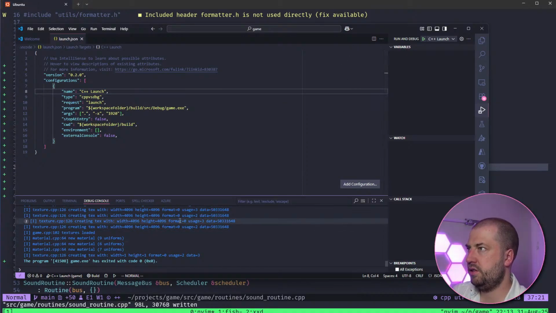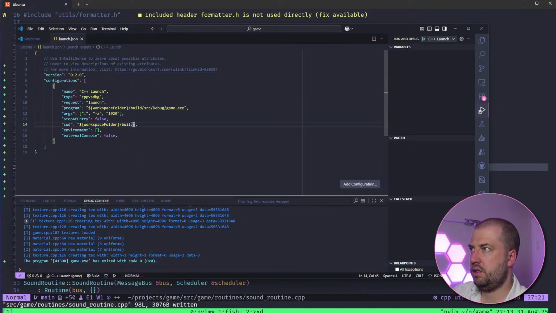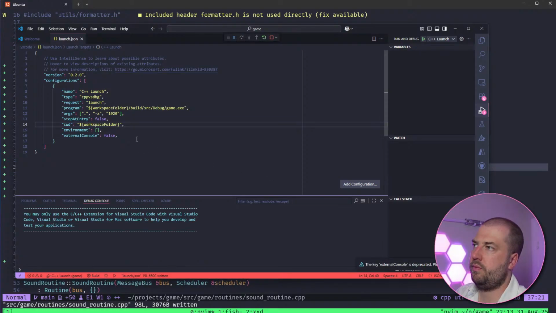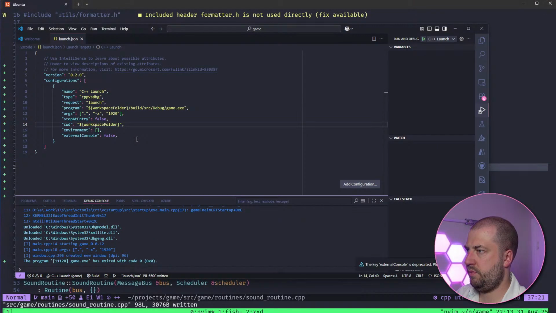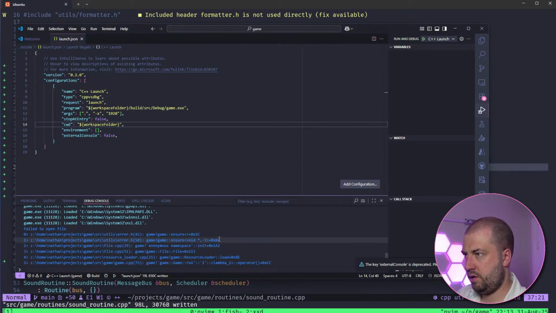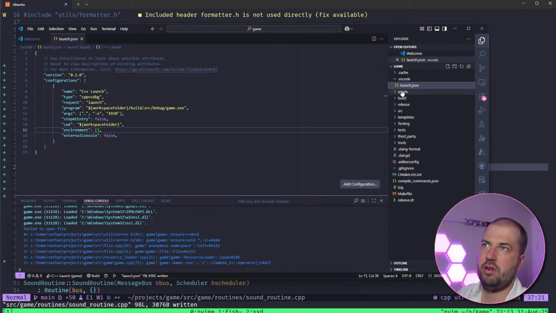Why is this? Oh, because I need to run it from here now, don't I? Why is it not in the workspace folder?